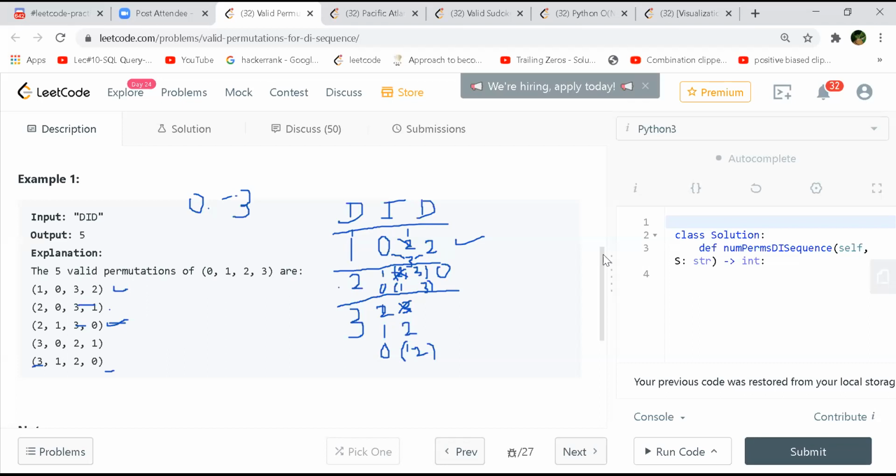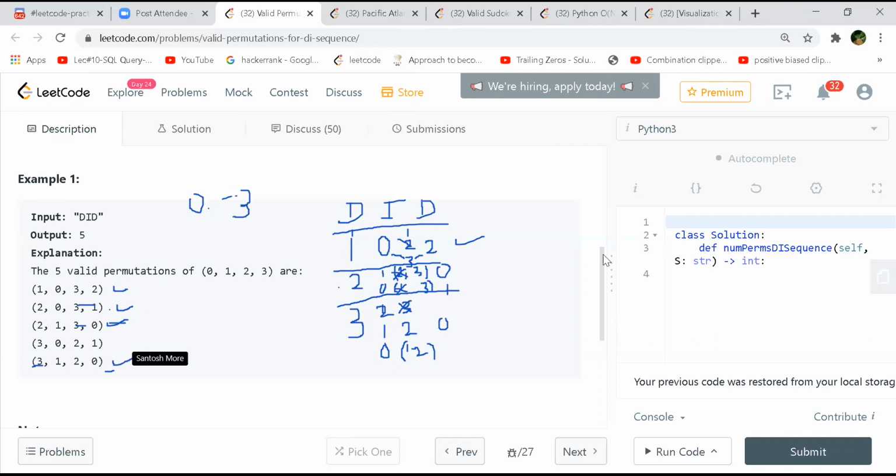So 2 will come, which is violating, so this will go away, because you only have 2. So you have 2, 0, 3, and then you can take 1, which will be decreasing, and so therefore you can take this guy here. For the 3, you have the same thing. So this branch goes away, but if you have 3, 1, you have 2, and then you can take 0, right? So this is one permutation.